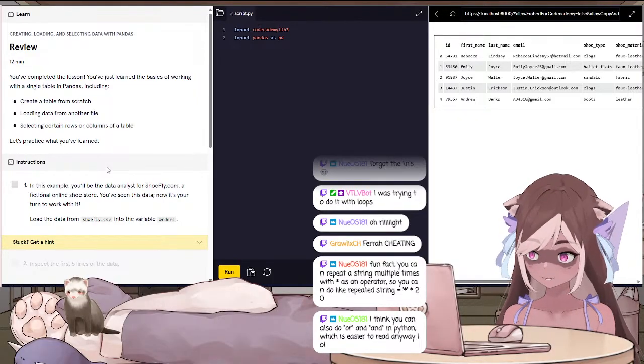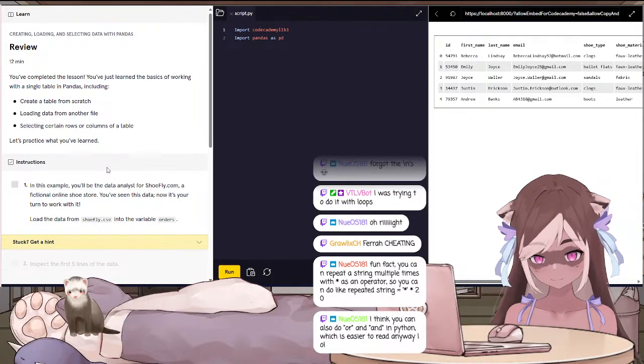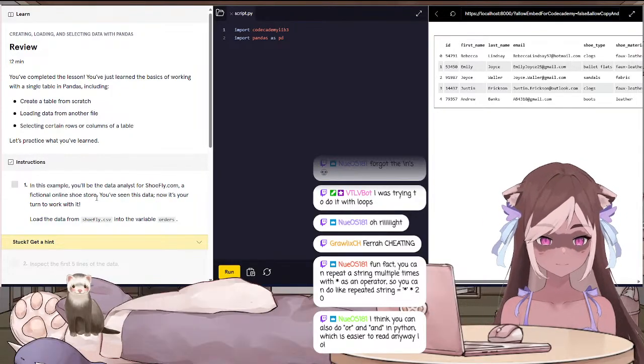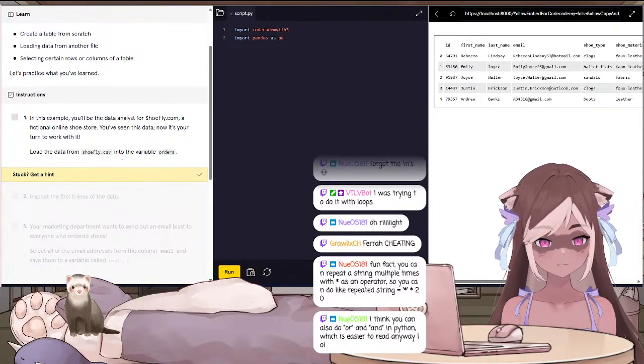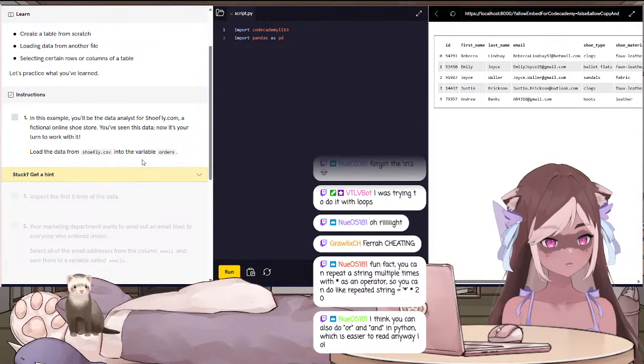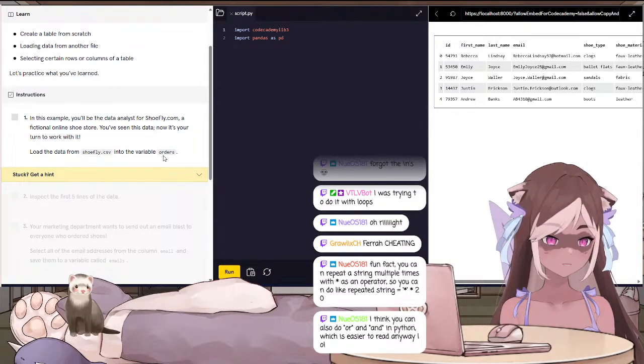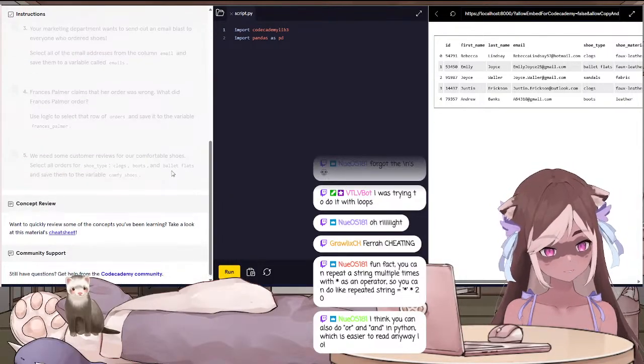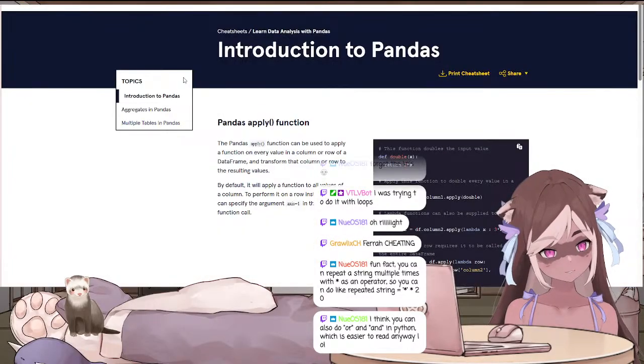In this example, you'll be the data analyst for a fictional online shoe store. You've seen this data, now it's your turn to work with it. Load the data from the CSV into the variable orders. See, this is the problem, is that it's been a while, so I don't even remember what the